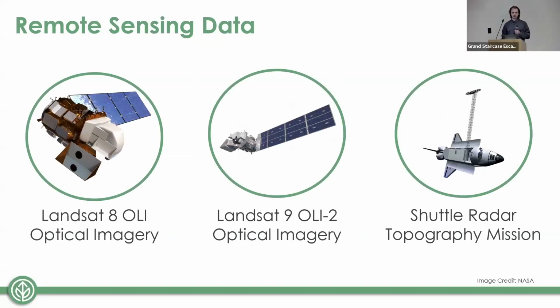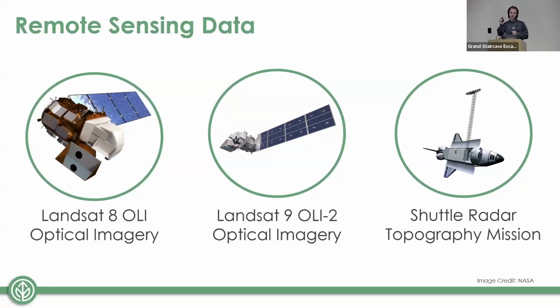Diving into more remote sensing, we use variables from NASA satellites. These are the Landsat satellites, Landsat 8 and 9, OLI, which stands for Operational Land Imager, and as well the Shuttle Radar Topography Mission. I'll try to explain this in pretty simple terms, but these satellites are looking down at the Earth, and they're looking at the surface with